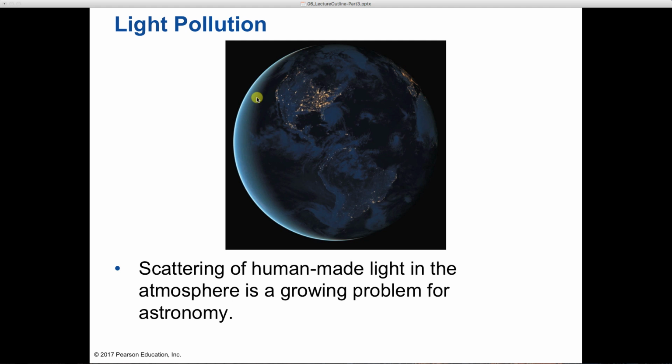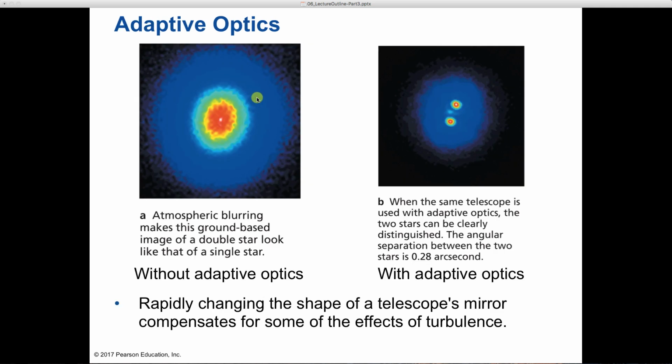There are a lot of cities actually now that are doing light pollution mitigation, and they're changing the lights that they use so that less light reflects back up into space and it all just shines down where it's needed. So a lot of cities have done a good job of changing their lights to avoid all the wasted light.